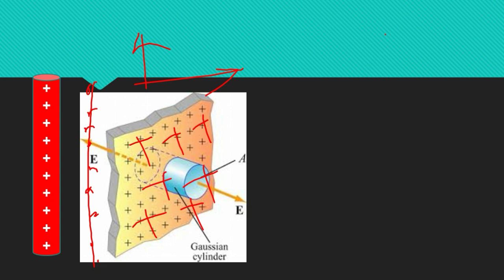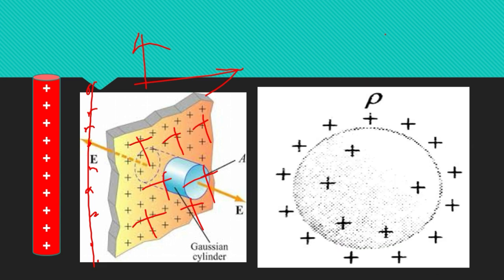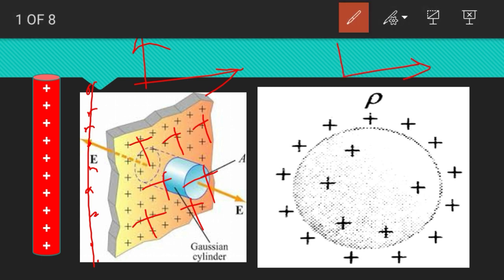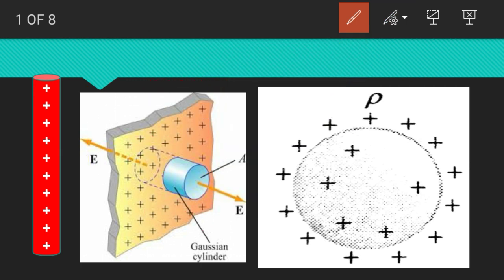The third type of charge distribution that we see is the volume charge distribution, in which charges are arranged in all three dimensions, on all three axes. In x-axis, y-axis or z-axis, you can see the distribution of the charges. This type of charge distribution makes our life pretty difficult when calculating the electric field. We have learned the method only to calculate the electric field due to a point charge. But when the point charges are arranged in a complex manner, we do not know how to find the electric field.